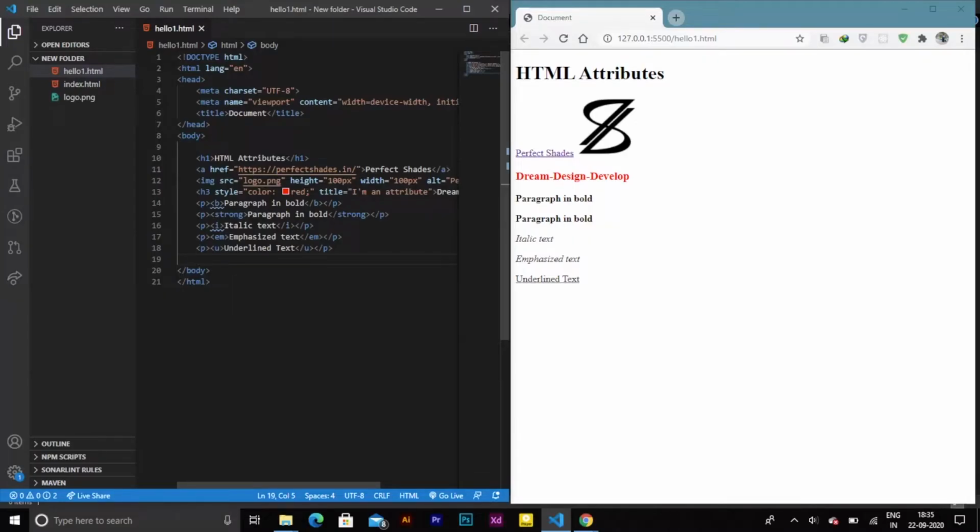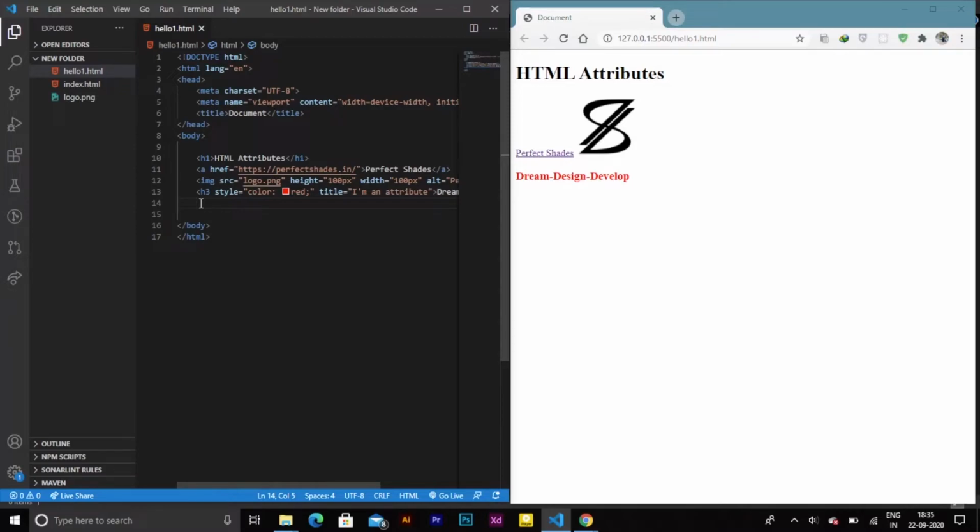Before creating the small tag, let me clear the ones we have created before. Now we can add one paragraph tag, and let's copy this and add small inside the second one. And in both the tags we can add some text. Hit save and the two paragraphs appear in the browser. Now you can see the comparison very clearly. The paragraph with the small tag is slightly smaller than the normal paragraph.